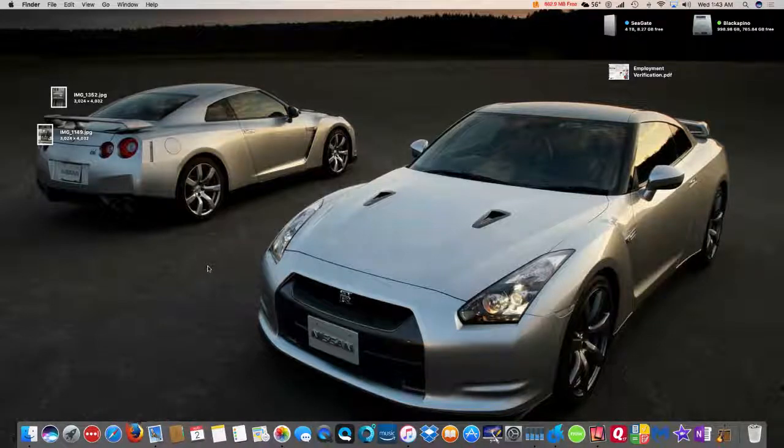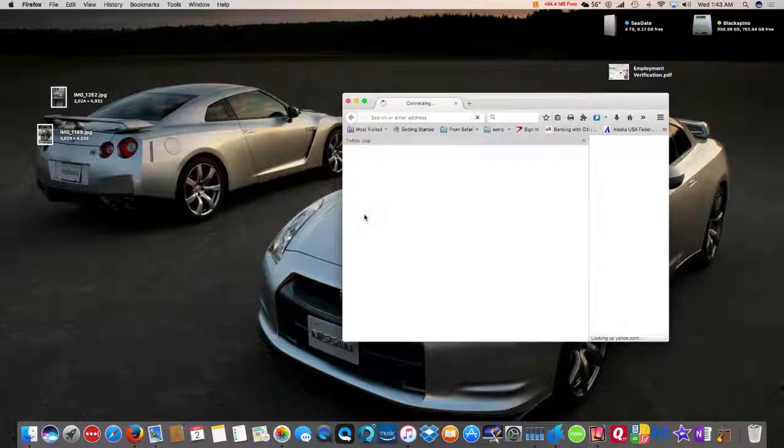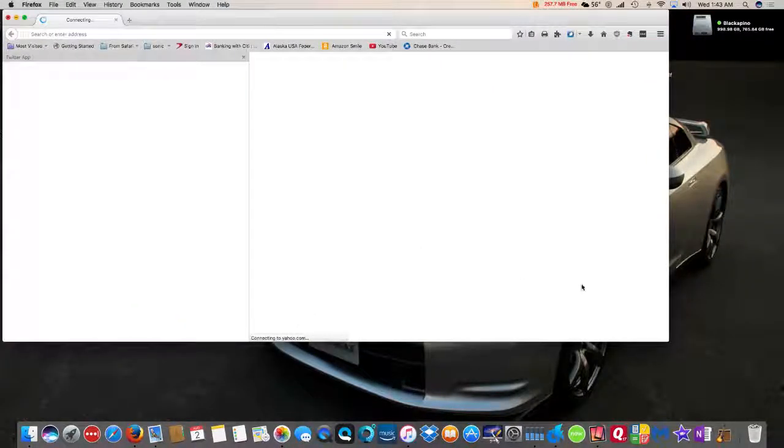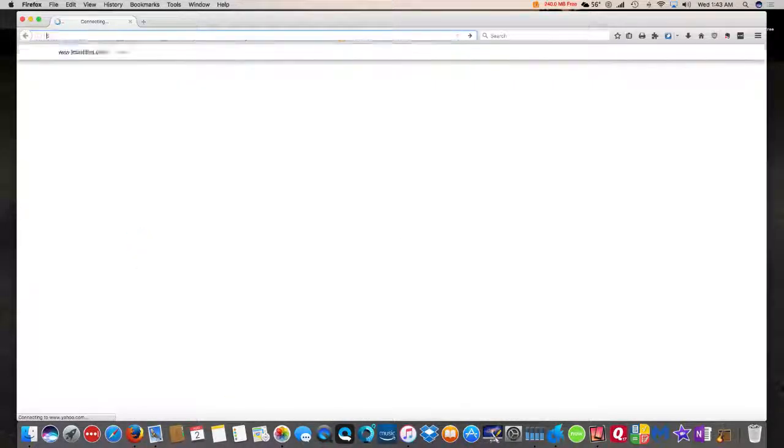a browser, depending on what you're using. I like using Firefox, obviously, as you can see. You can also use Chrome or Safari. It just depends on which browser you prefer. Like I said, I prefer using Mozilla because I've been using it for quite a while. So basically what you would do is type in the address, iCloud.com,